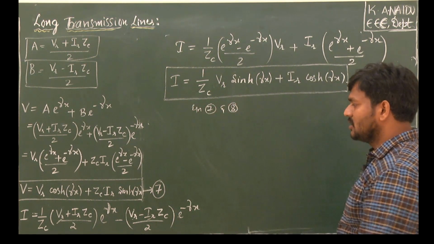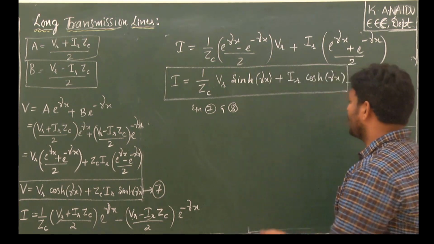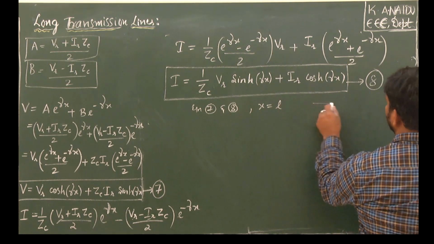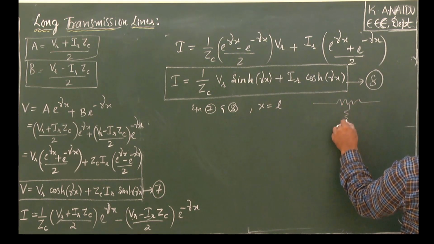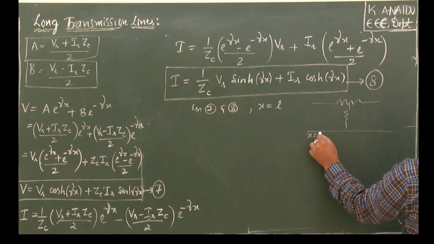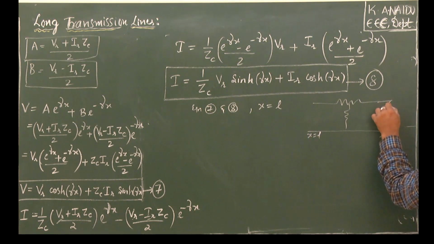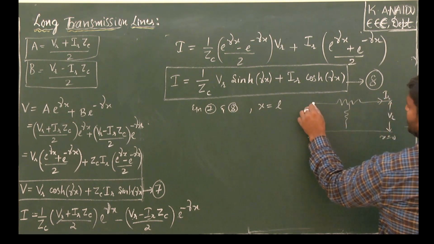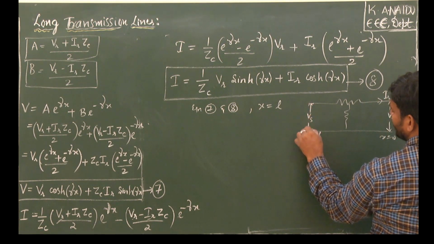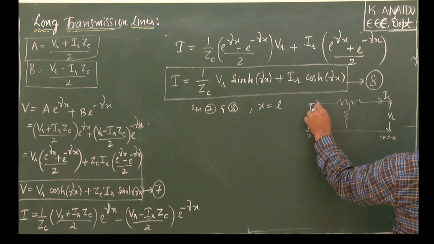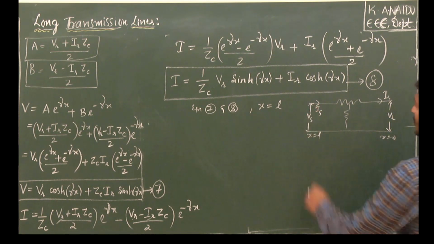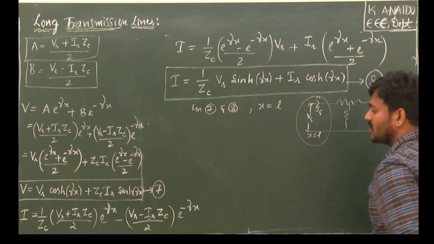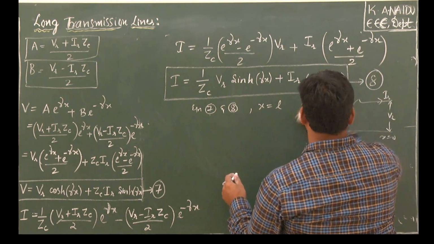Now you substitute the boundary conditions. The boundary conditions is at x is equal to L, that is the full length of the transmission line. At x is equal to L, this is x is equal to 0 from the receiving end. This is the receiving end current. Here, what is the voltage? The voltage is sending end voltage. The current is sending end current. So these boundary conditions you substitute in equation 7 and equation 8 and you will get the final equations.